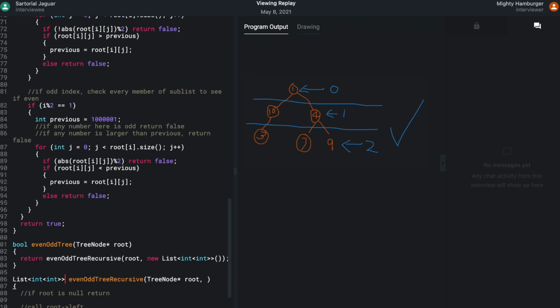Some other feedback. I know you asked me while you were coding, can the numbers be negative? What is the maximum? I think you should really do that at the beginning, right? Because if you jump in and then realize this in the middle, this time it was easy, you can stick an absolute value on your if statement, and that can solve it.